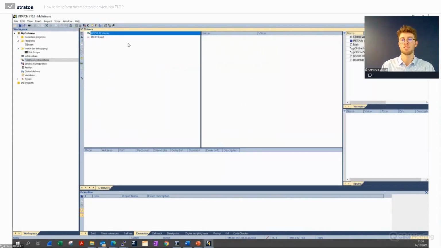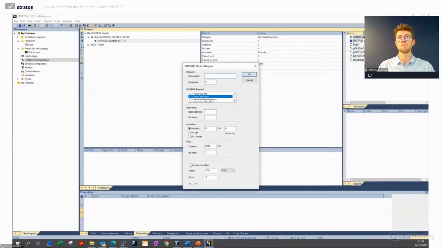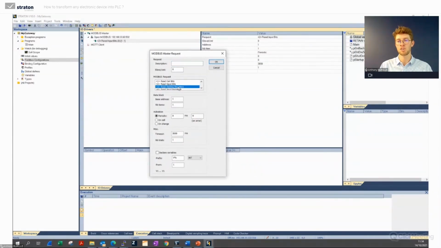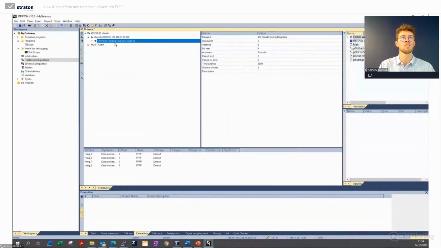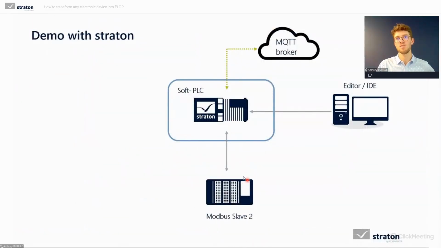Here we go in the Modbus configuration, and you will see that it's really easy. We just have to use a configuration. We put the IP address of our slave. We click on OK. Then we say that we will read input registers because these are the data coming from our 48-volt generator. I say the base address is 5. I have 4 items. Declare variables in the dictionaries. I click on OK, and the configuration is ready. So I read the registers coming from the Modbus slave. If I reopen the PowerPoint, it's here. We read the data in Straton through a Modbus master to read the data from the slave.